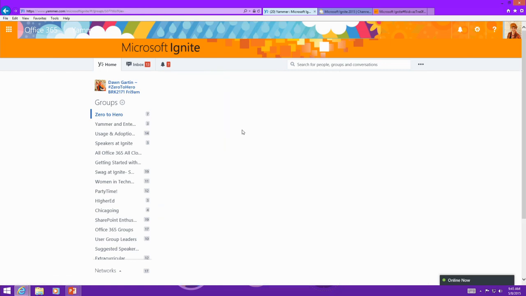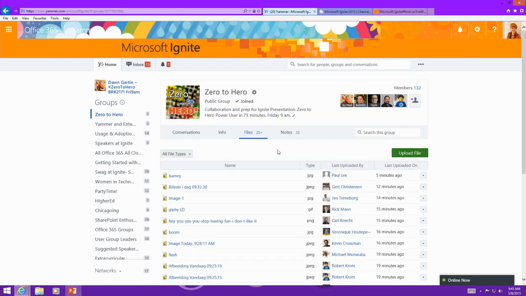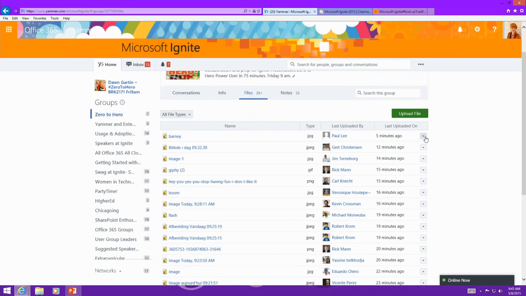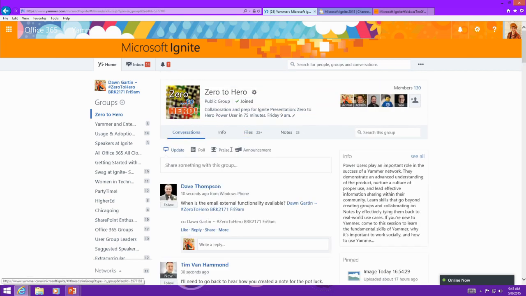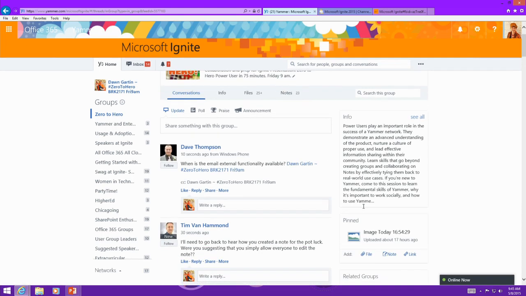So that's a great question though, so I'm going to click on the Files tab to show you that. And you'll notice there is the little drop-down arrow on the right. So I can preview, follow, share, download, or delete that since I'm a group admin. So you can delete your own as a user. If you're a group admin, then you've got the group capabilities to monitor and delete here as well.